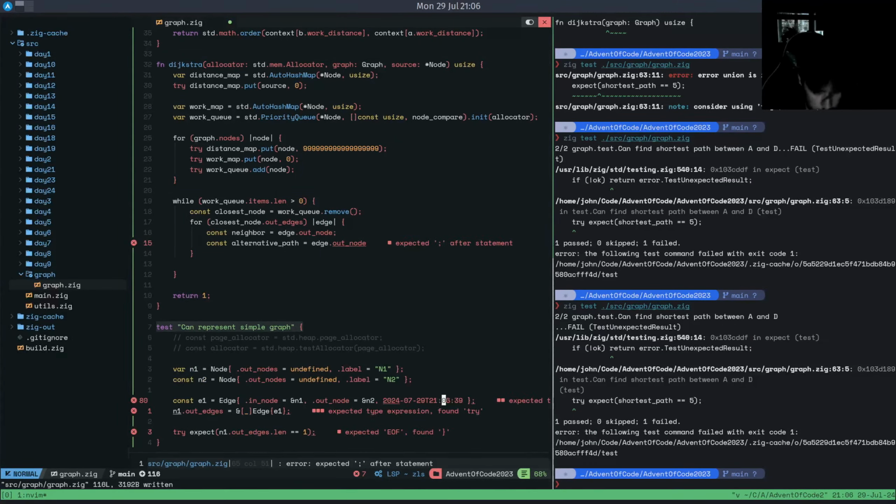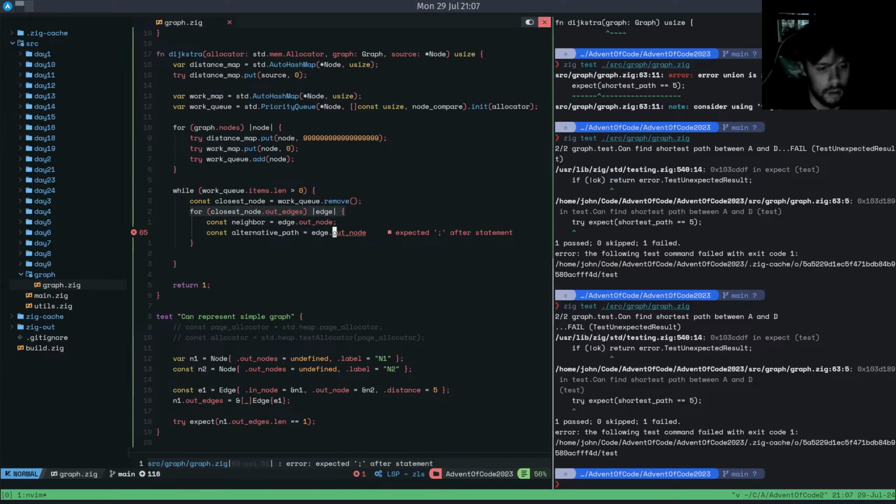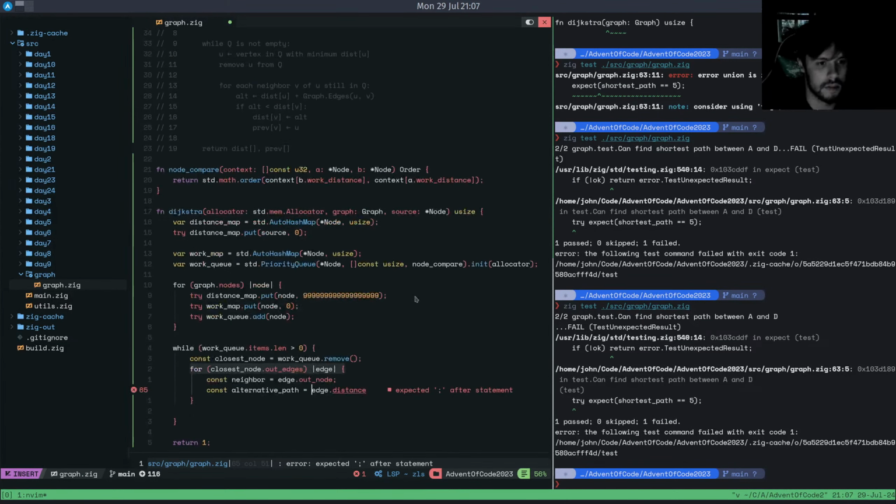Distance, whatever that is, dot, no, stop, there you go, 5 or something, and 4 dot distance B to D1, dot distance A to C3 dot distance equal to 5. Out nodes dot, not out node, actually edge just distance, that's it, and it wants me to add it to